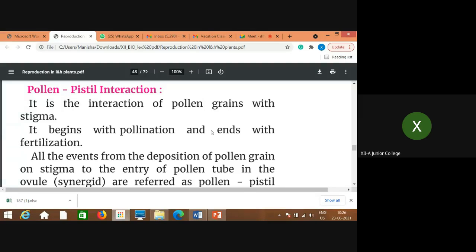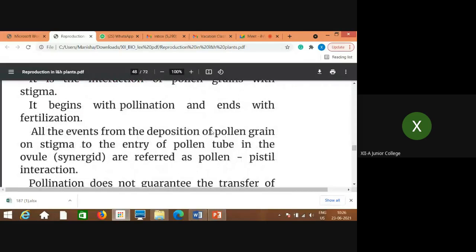This is the end of pollination and the beginning of the next process, that is fertilization. Pollination is just the pathway for bringing the male reproductive part to the female reproductive part. Now what are the further events taking place that we are going to discuss right now? All the events from deposition of pollen grain on the stigma to the entry of pollen tube in the ovule